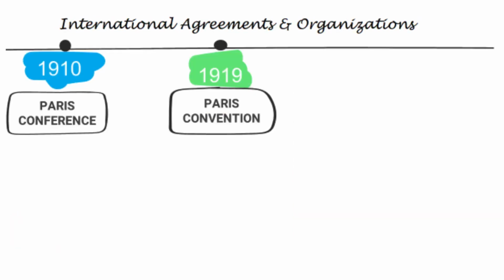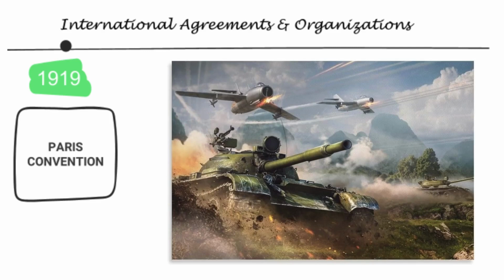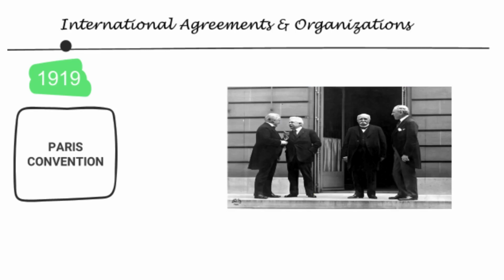Imagine the world in the early 20th century, a time of groundbreaking technological advancements. The marvel of human flight is no longer a dream but a reality. Airplanes, once mere inventions, now soar through the skies, connecting distant lands and bringing people closer. However, with this new mode of transport comes the need for rules and regulations to ensure safety and order. Recognizing this necessity, nations come together to address the challenges of international air navigation. This sets the stage for a historic gathering in Paris, where the 1919 Paris Convention on Aerial Navigation is about to take flight.